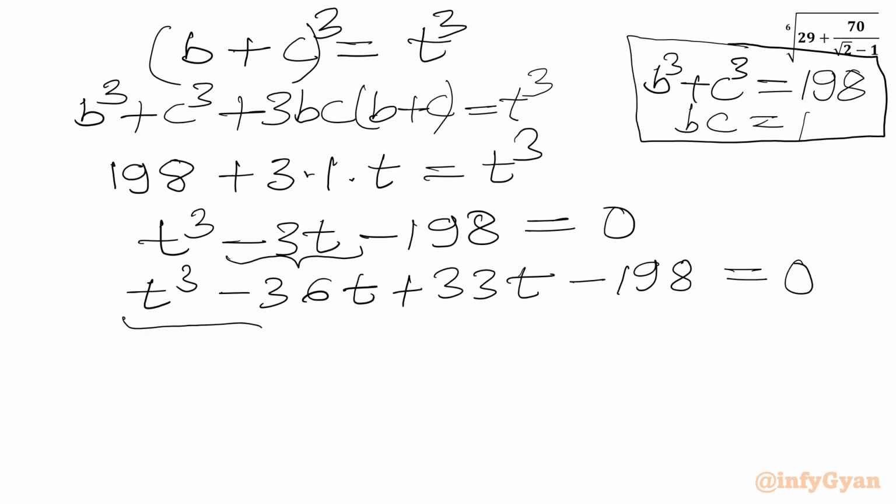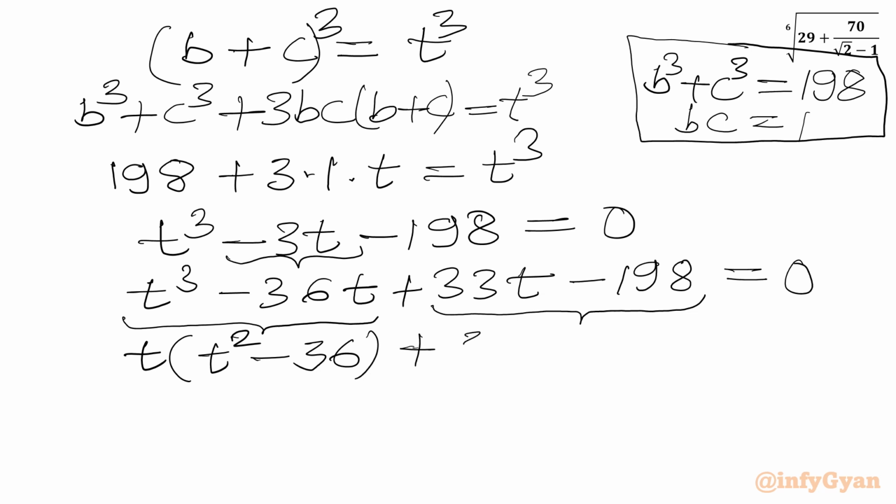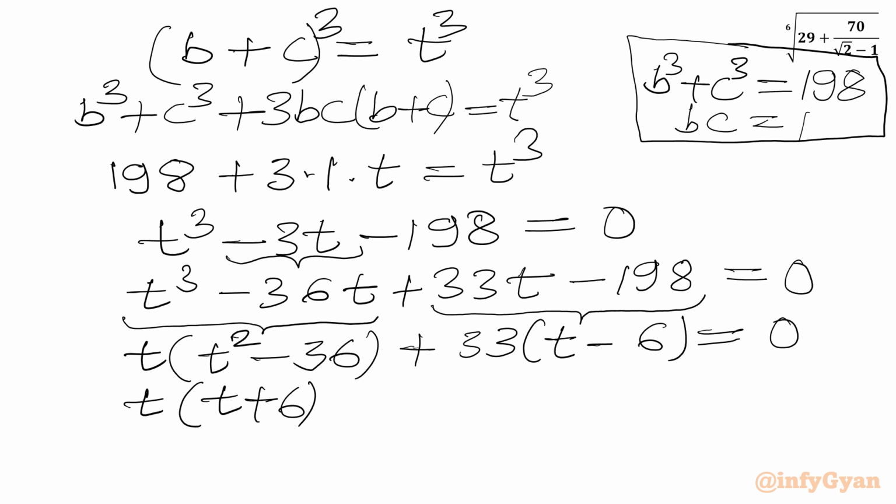Now I can see t is common from the first two terms and 33 is common from the last two terms. So I will write t common out, t square minus 36. Then 33 is common, in the bracket we'll get t minus 6, RHS is 0. Now 36 is 6 square. So I can write t times (t plus 6)(t minus 6) using the difference of two squares formula, plus 33 times (t minus 6) equal to